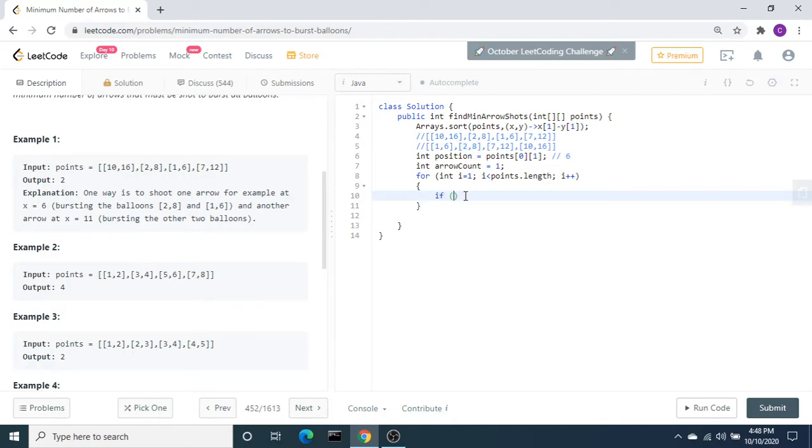If position is less than points of i of 0, or position is greater than points of i of 1, if either of these conditions matches, we can increment the count.